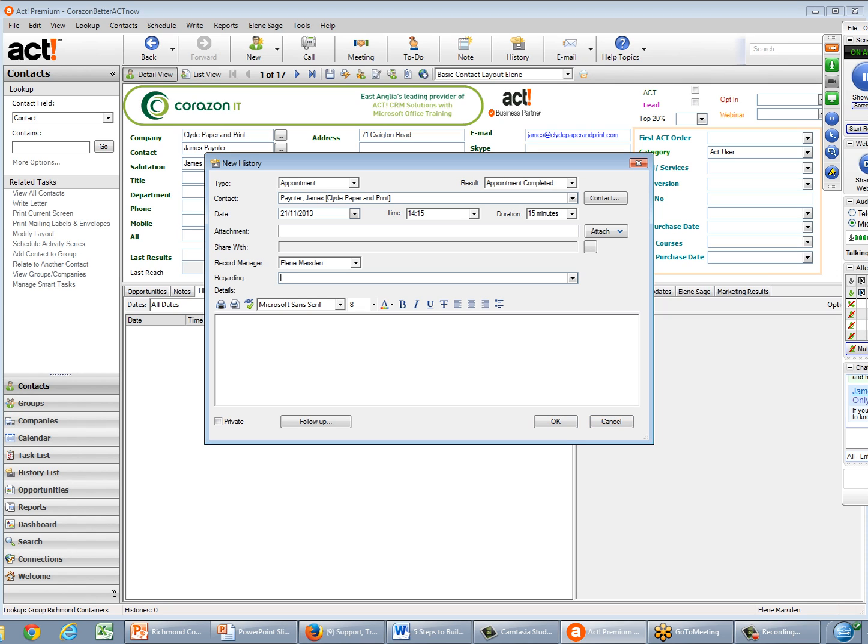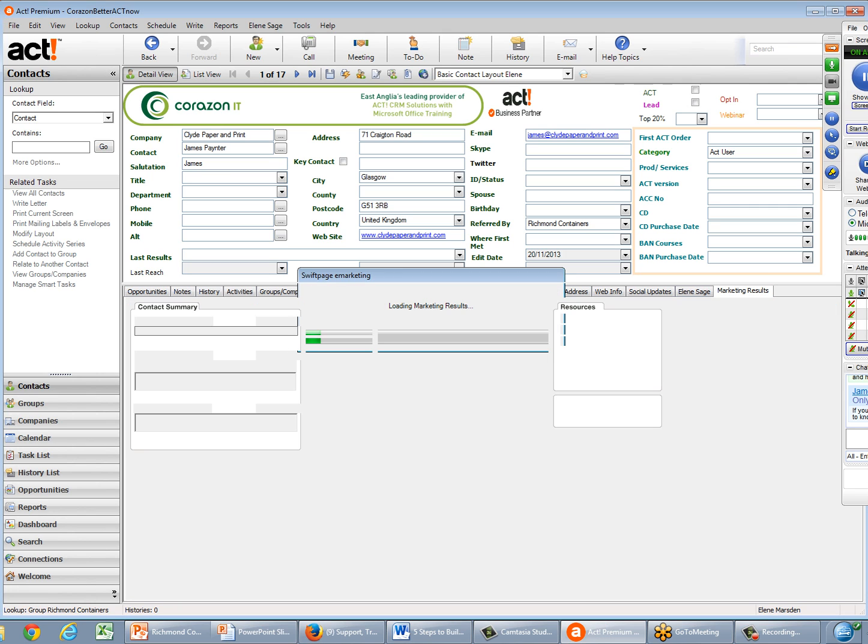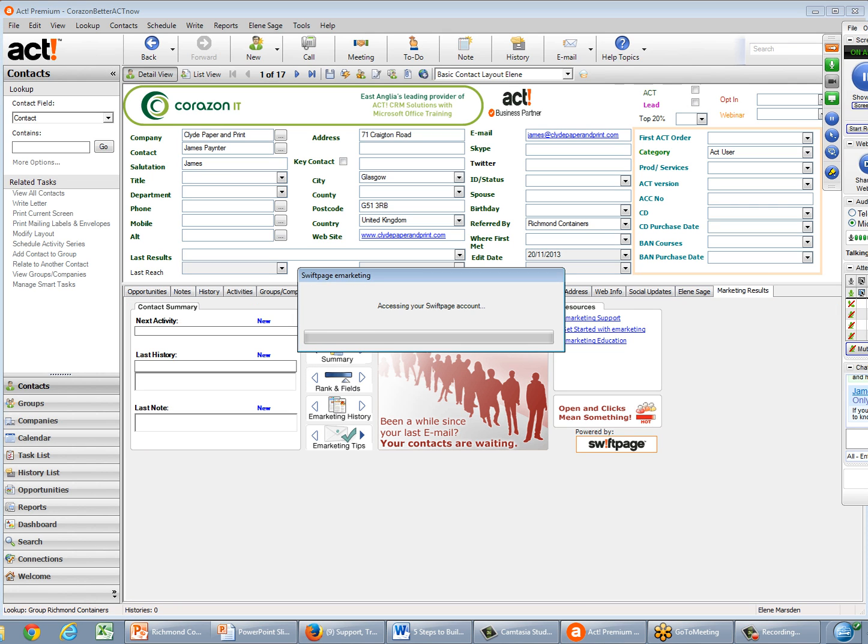But what you're saying, Priscilla, is that when you try and do, say, 200, it crashes. There may be a restriction, and it may be that we would have to check with Swiftpage support and see if they've actually got a maximum number that it would work with. I don't know. Okay, right, so I'll have to park that one for now. So James is asking about smart tasks. I'll talk to you about that in a moment, but let's just press on with the marketing results.